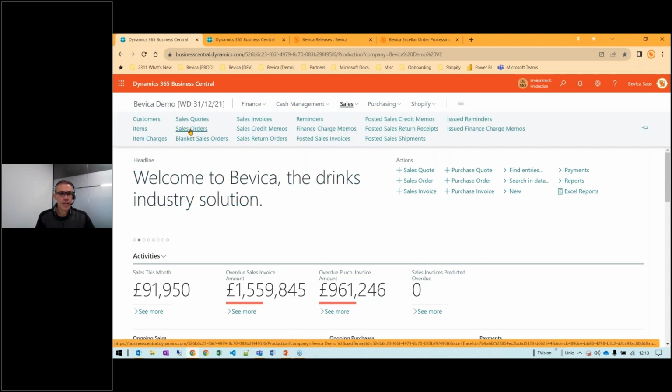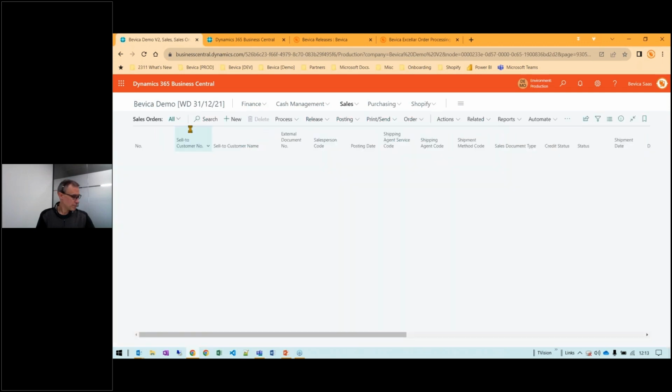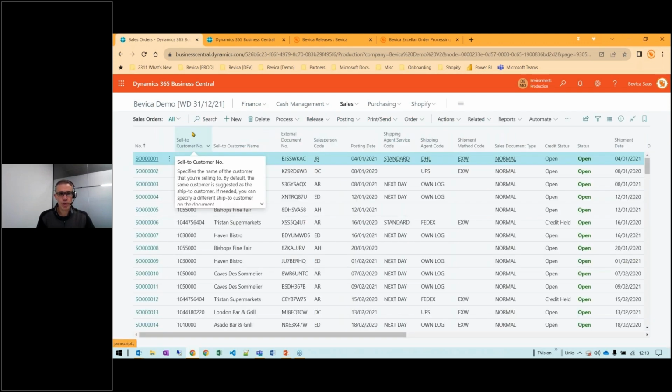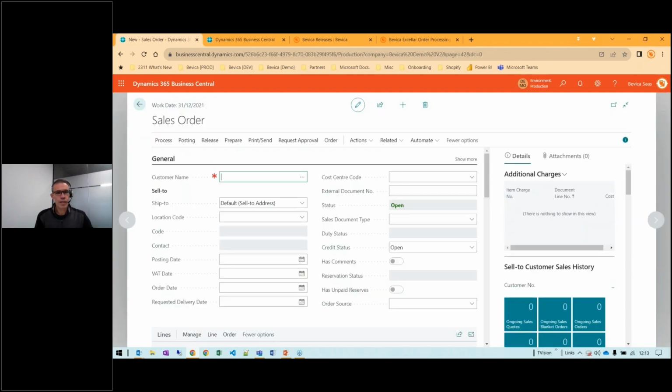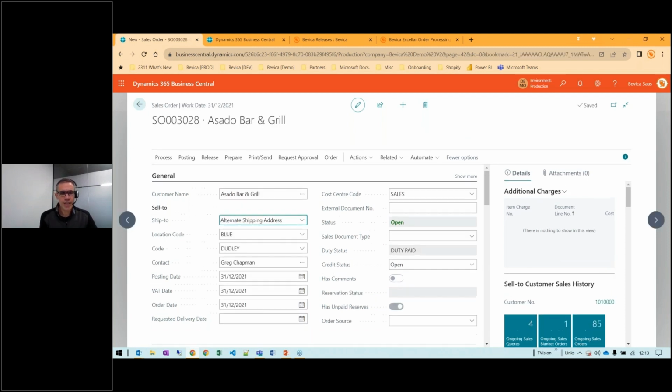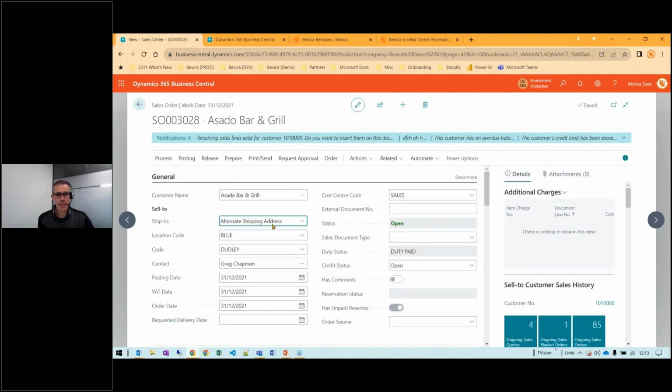If I go to a sales order, we're using the same mechanism as all our other sales orders. So to begin with, it's an exact copy of all other sales orders. So if I click new, and then select my customer. Now, the first thing we have to do that's slightly different is tell the software that this is a commission or an Exceller order. And for that, we have the sales document type,